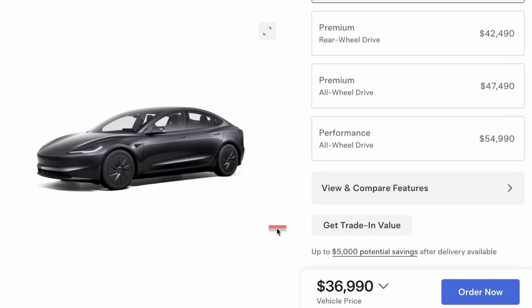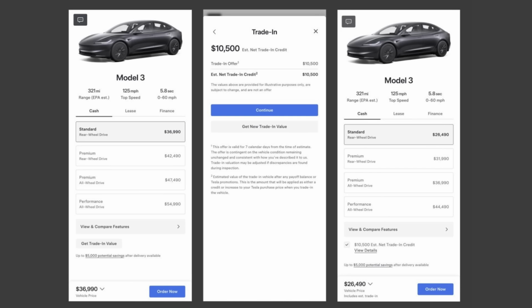So I think this is a great addition rather than making customers go a completely separate route for the trade-in. And if you've ever bought a Tesla before, you will know this is a really nice upgrade, because now the days of configuring your new Tesla and getting the final price will not be paired with wondering how much your current car is actually worth. Now it's all part of one seamless process. And now customers will instantly see any loyalty credits they'll earn with the purchase and trade-in as well.